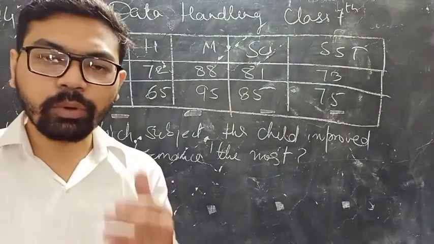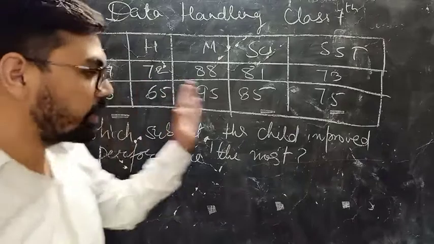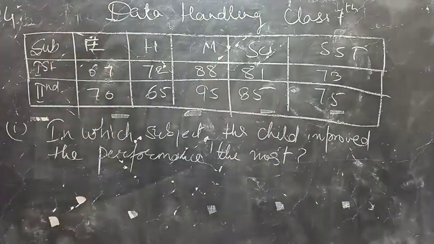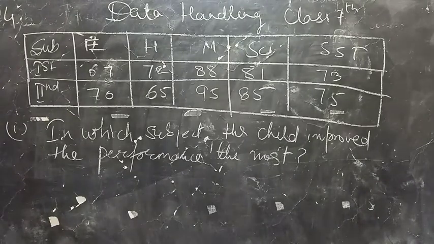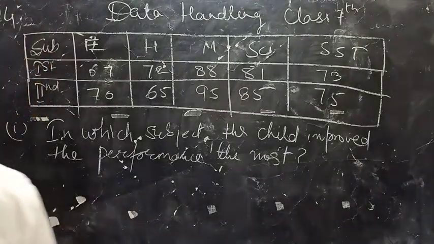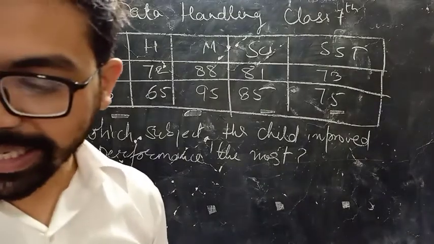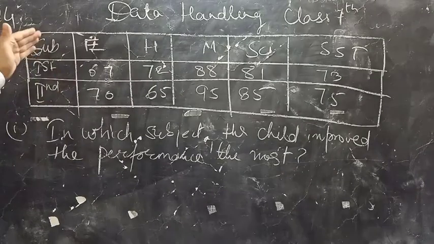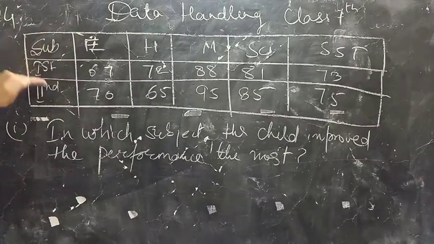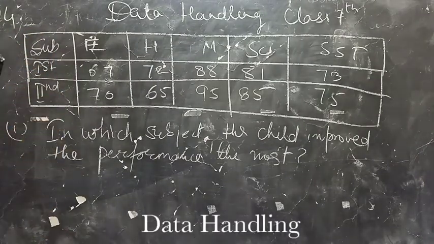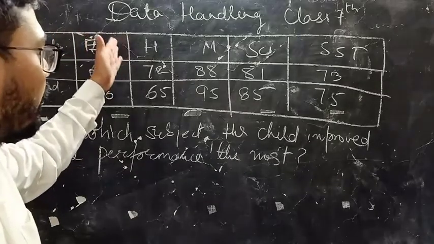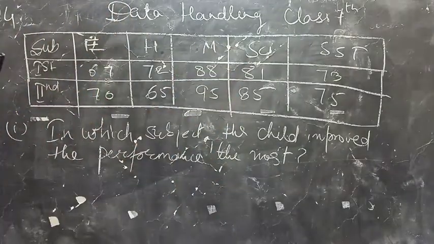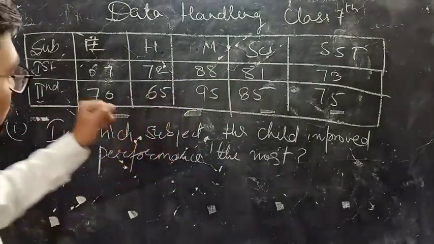How to take the appropriate scale while drawing the bar graph on the graph paper, I'll explain this, okay? But before that, how to read the given data? The question says the performance of a student in first and second term is given. This is the performance of a student in the first term and the second term out of 100, okay? And these are the subjects given: English, Hindi, Maths, Science and Social Studies, that is SST.